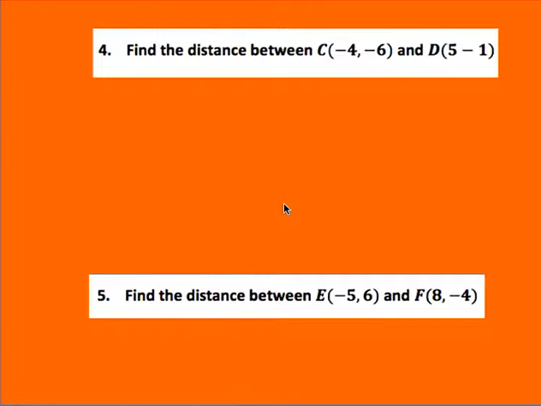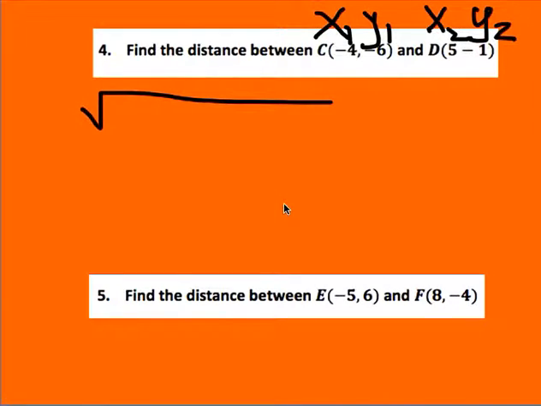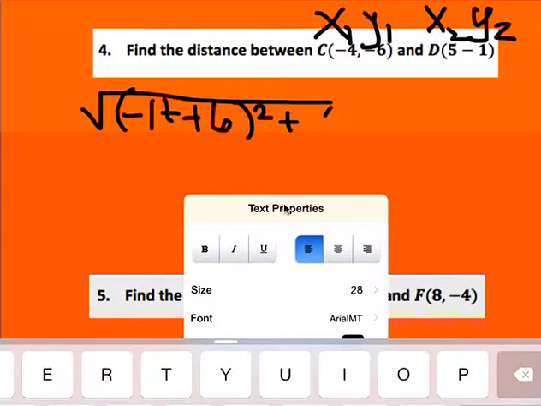So let's take a look at an example of that. I'm going to call this one x1, this one y1, this one x2, this one y2. So now I'm going to plug that into the formula. Okay, so I have y2 minus y1, subtracting a negative becomes plus a positive, plus x2,